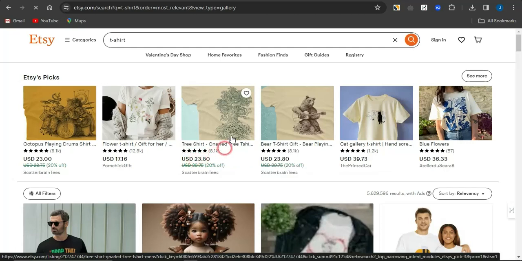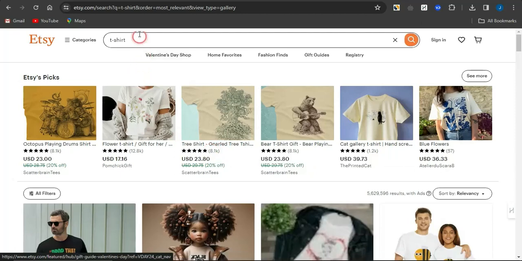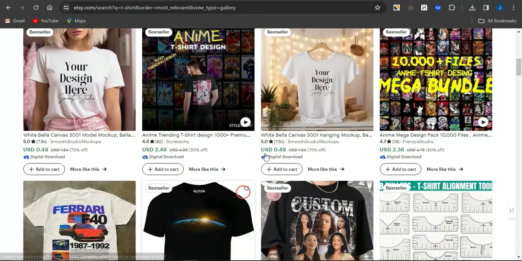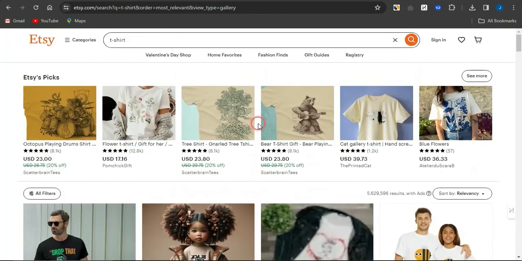As you can see, this particular product, which is a t-shirt, is sold for about $23, and this person has gotten about 8.1 thousand reviews, which is quite cool. About 40% of people do not leave reviews on products, meaning that this person has made at least 8.1 thousand sales. That means the person must have made far more than this, and this is just for this particular t-shirt. If you keep on scrolling through, you'll see a lot of other cool stuff. So all you need to do is create an online shop right now,